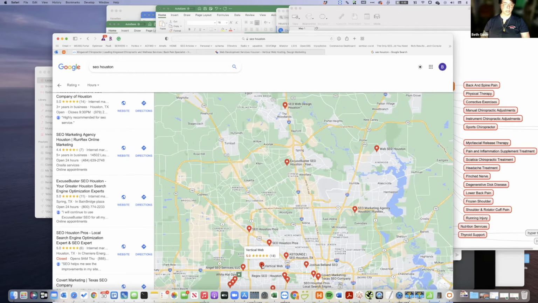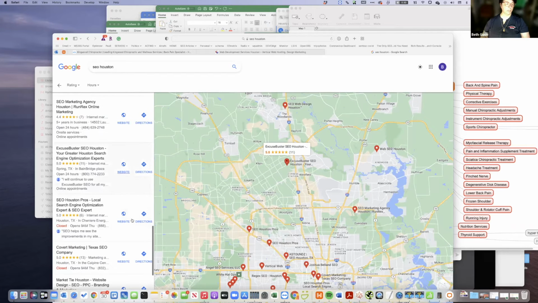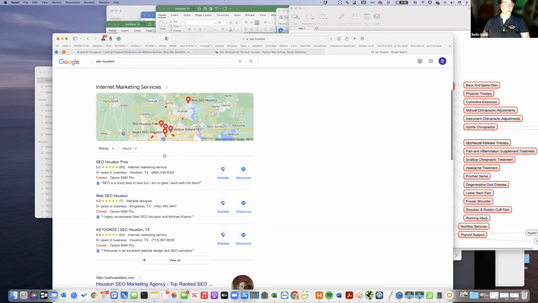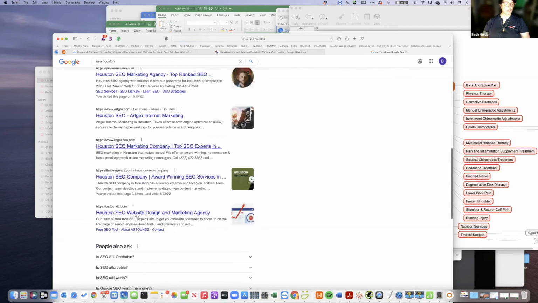When I go to the bigger map listing, we are sitting here, even though I am in Kingwood. So that's good information, that I actually am showing up on a search for Houston even though I'm in Kingwood. That makes me kind of happy. But I do think I don't have as good an organic ranking on this as I do on the web design, because I have not made all the pages that are needed yet. Once I do, I suspect that'll start to move up.